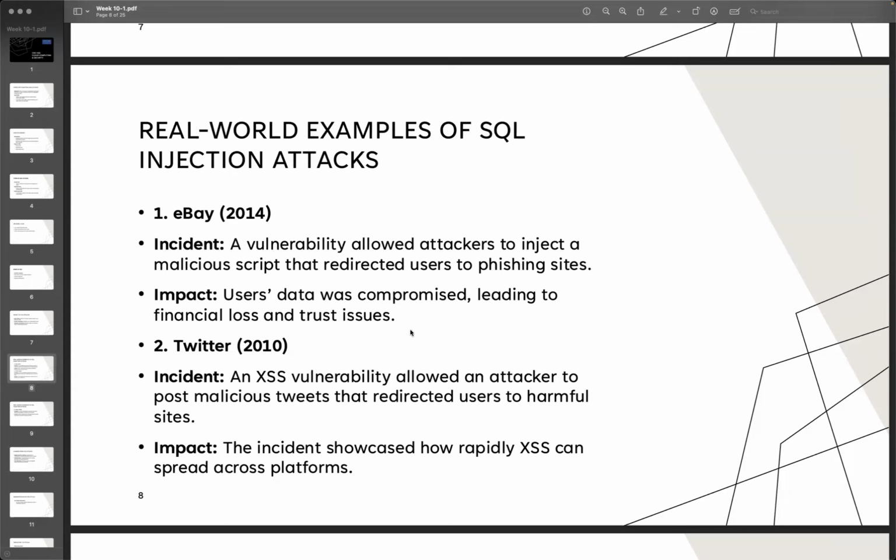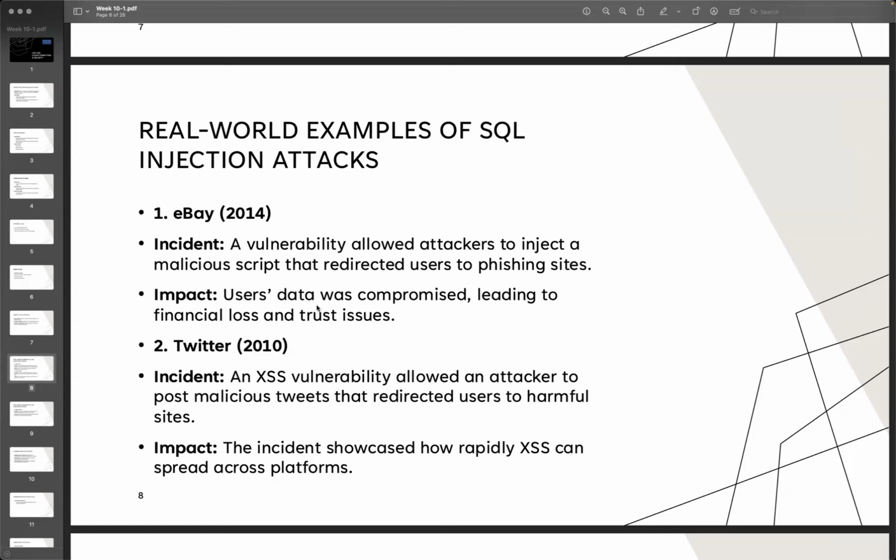So all the user data will be compromised and lead to financial loss and trust issues. Because once the user has an issue like this, they're being injected, they don't trust your official website anymore,